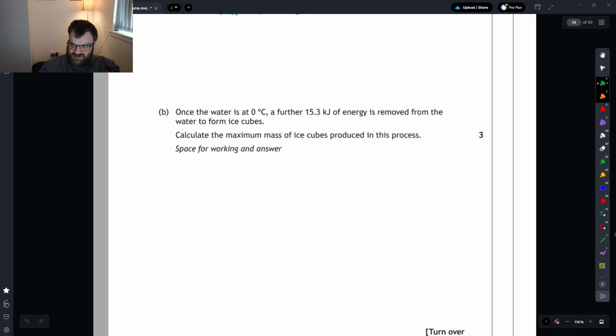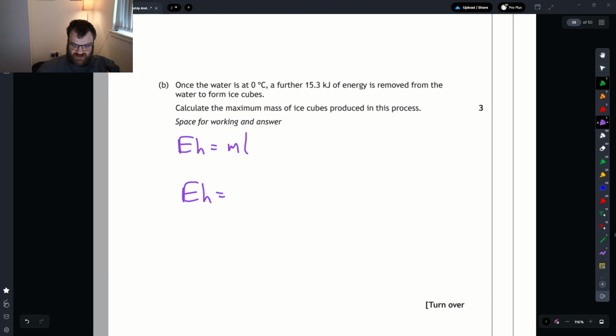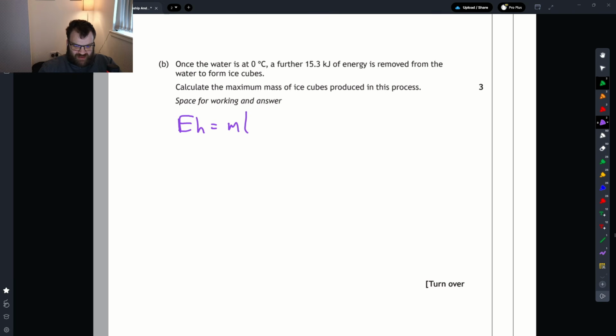So E_H equals m L. Wait, are we trying to get the mass? Oh, we're trying to get mass, never mind. Right, so we want m. m equals E_H over L. So m equals, and we want it in joules, not kilojoules. It's not chemistry. So 15.3 times 10 to the 3 all over